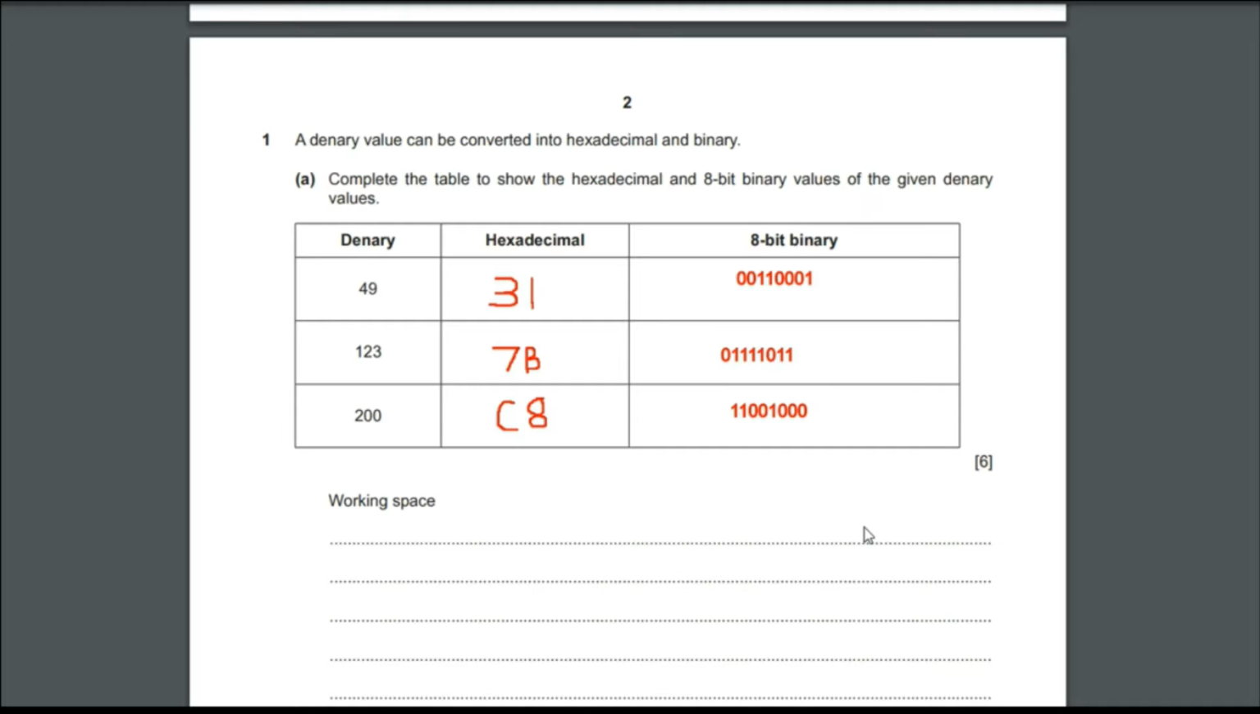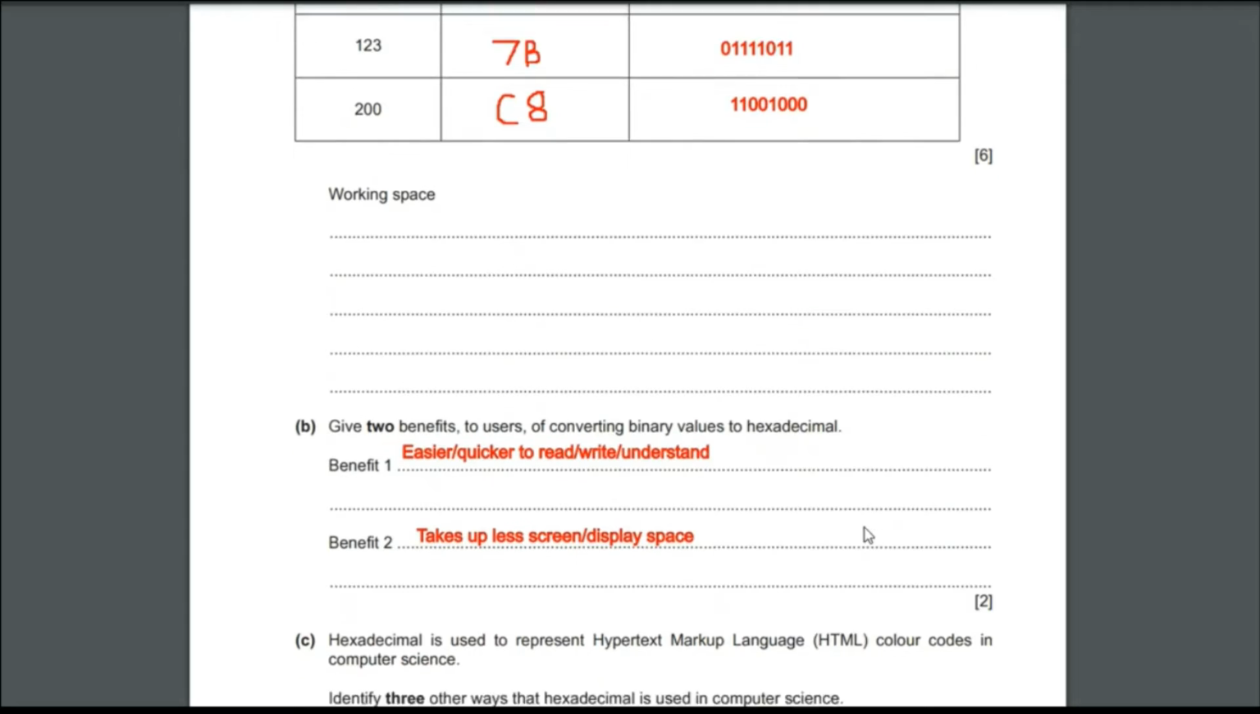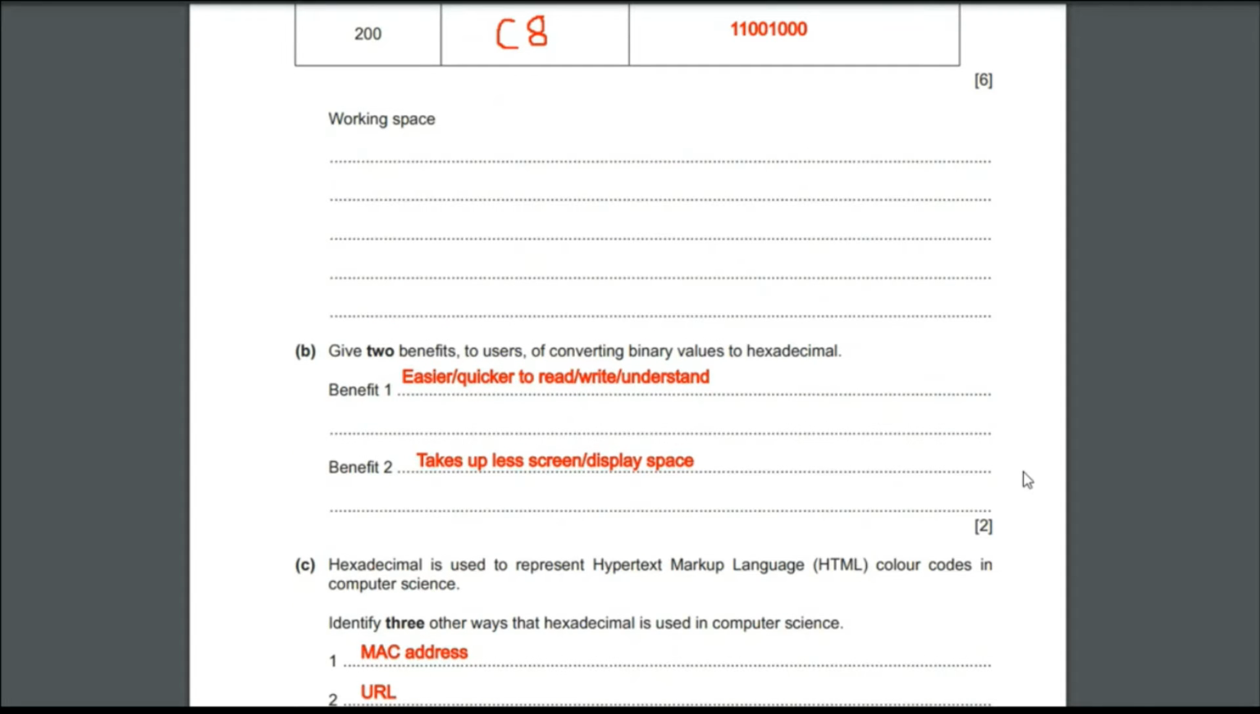00110001. For the denary value 123, the hexadecimal value is 7B and the 8-bit binary is 01111011. And for the denary value 200, it is C8 and the binary value is 11001000. So moving to the B subdivision of the question, give two benefits to users of converting binary values to